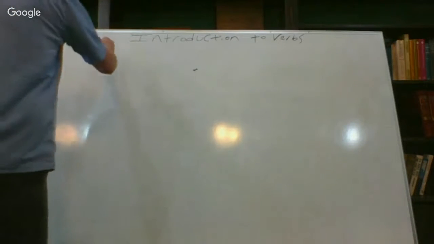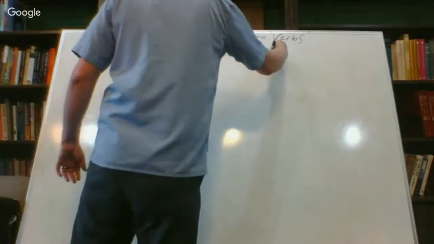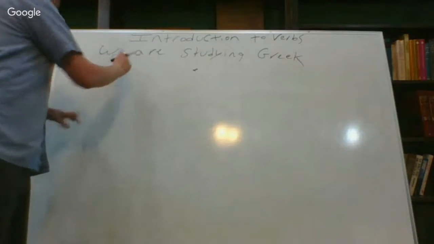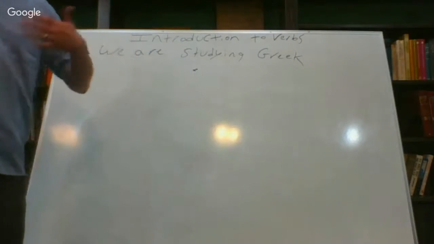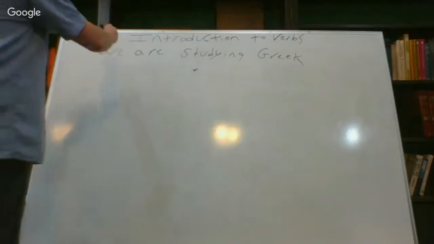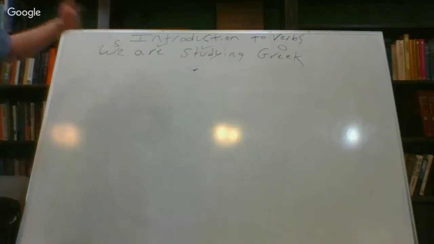So we have this sentence: we are studying Greek, right? In this case, the verb are is describing our state of being. We are studying Greek. Studying here is the action. So we have subject, verb, and object. We are studying Greek. Just a very basic sentence, and it's kind of telling us that we are continually studying Greek, just kind of the tense and what's